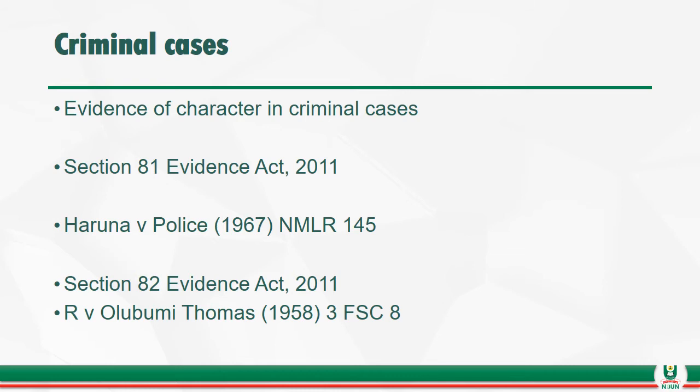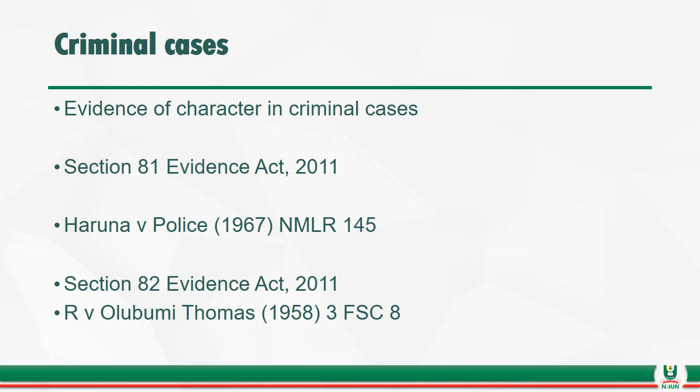Now let's look at section 82, subsection 1 of the Evidence Act. It says, except as provided in this section, evidence of the fact that a defendant is of bad character is inadmissible in criminal proceedings. So in a criminal proceeding, evidence of bad character of the accused person is not admissible in evidence. But evidence of his good character, like I have pointed out, is admissible in evidence,